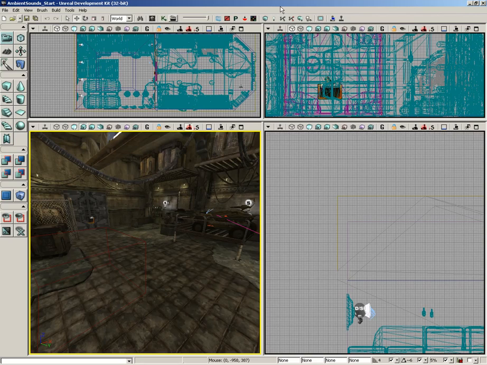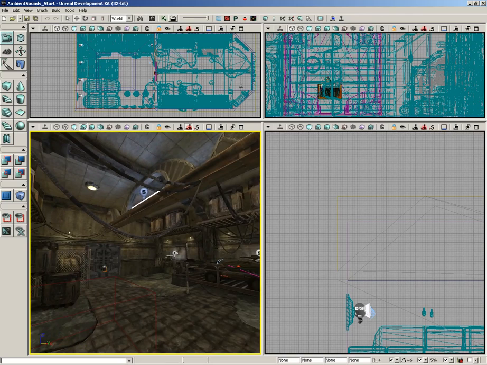Now, what we're going to do is create some various ambient sound effects to scatter through our little demonstration level. We're going to take a look at sound wave data, how to construct your own sound cues, some of the various actors that you can use to position sounds in and around your level, and we're going to take a look at reverb volumes, which allow you to add reverberation like an echo, as well as how to create ambient zones to control where sounds are most audible and how they can get muffled as you pass from one room